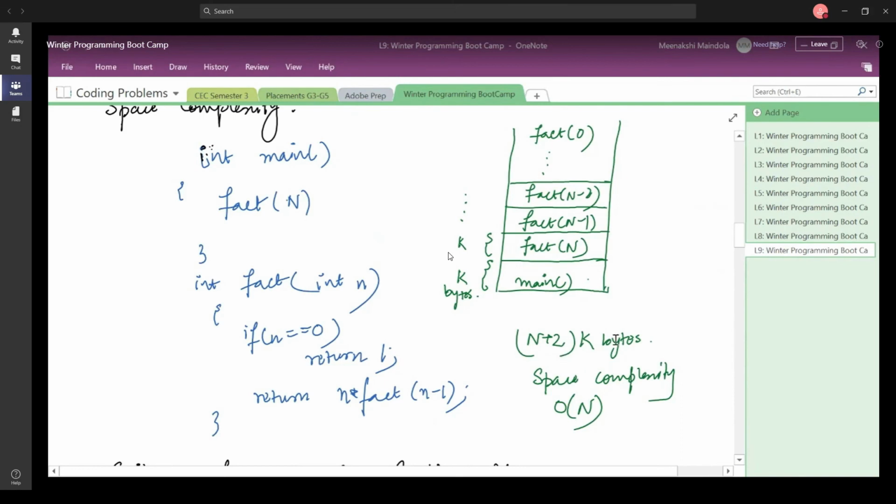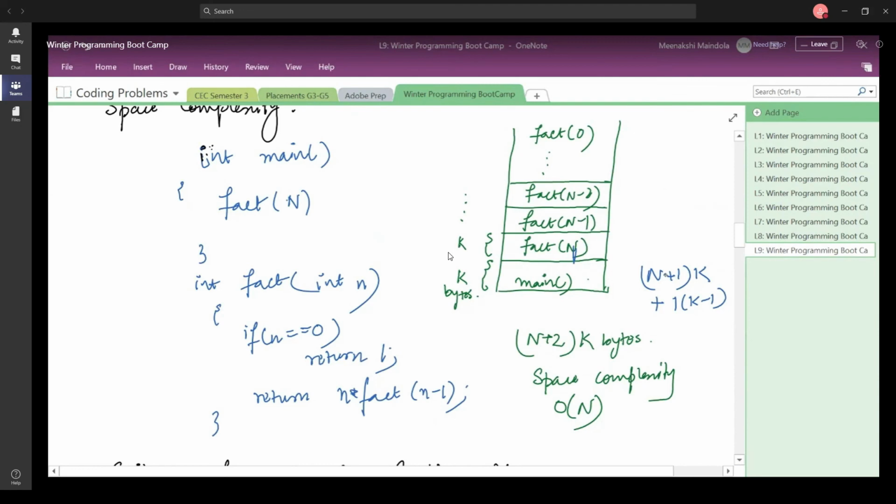So in that case you are going to have n plus 1 into k as the number of bytes for the function calls, and if I have 1 into k minus 1 or even k plus 1 or k plus 2 or whatever number here, it does not really matter for a single function because you already have so much space taken up in the recursive function only.